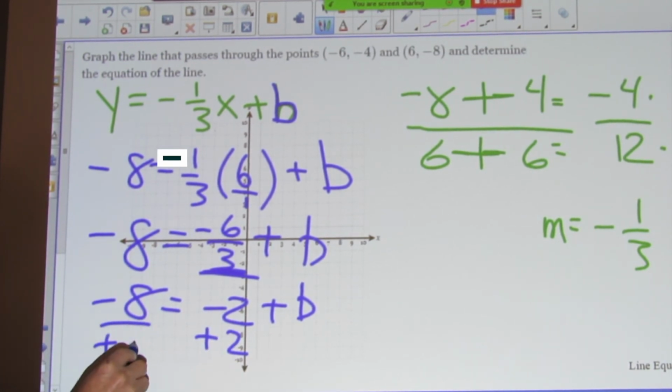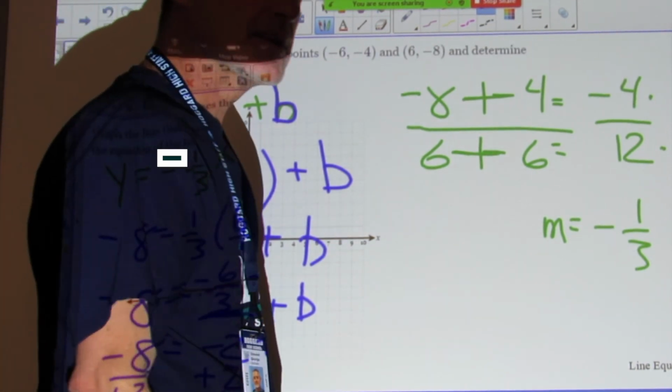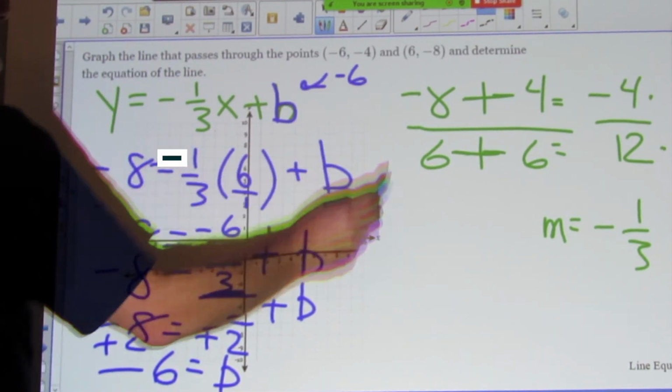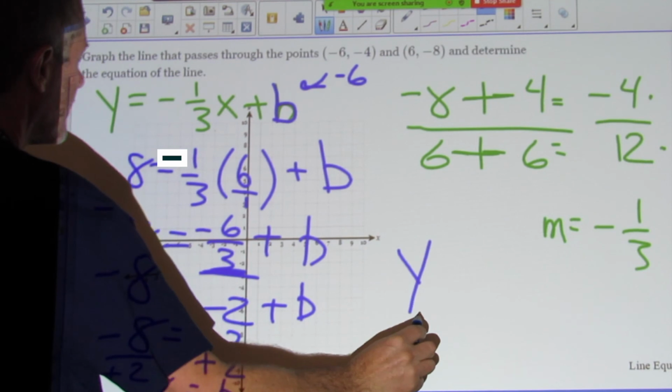Add 2, and we get negative 6 equals B. Just like we did when we graphed it. Exactly like we did when we graphed it. So now this will be a negative 6 in our equation. Our final answer